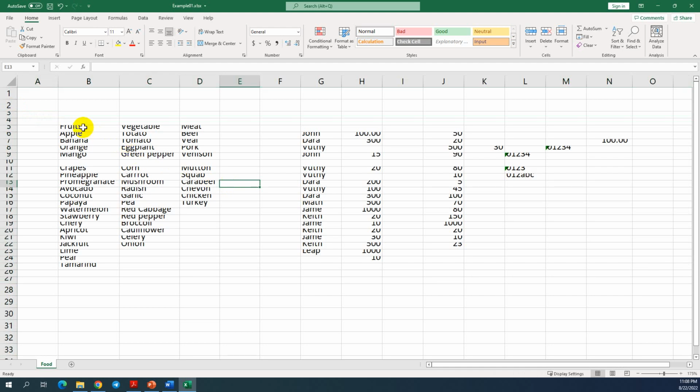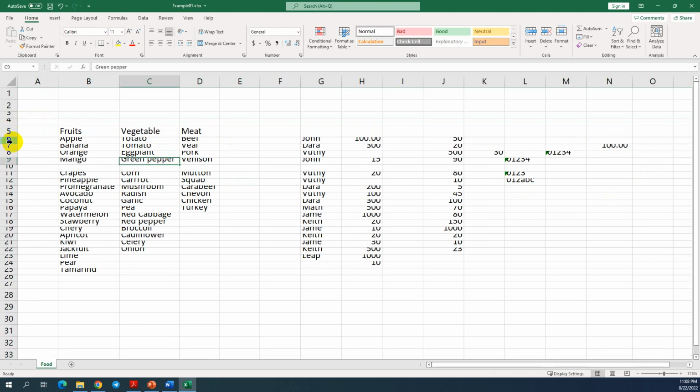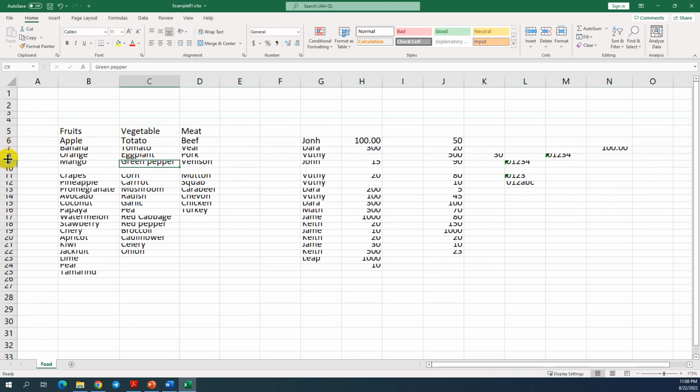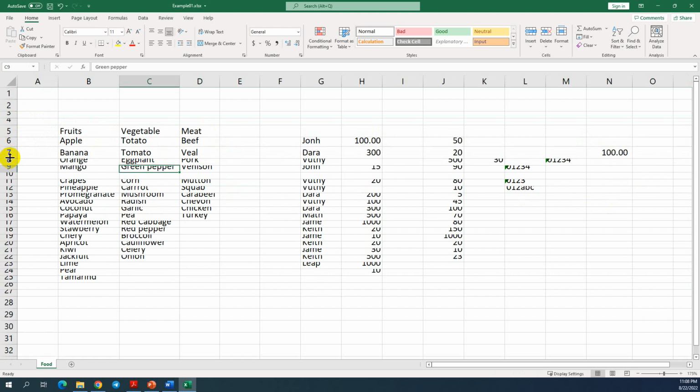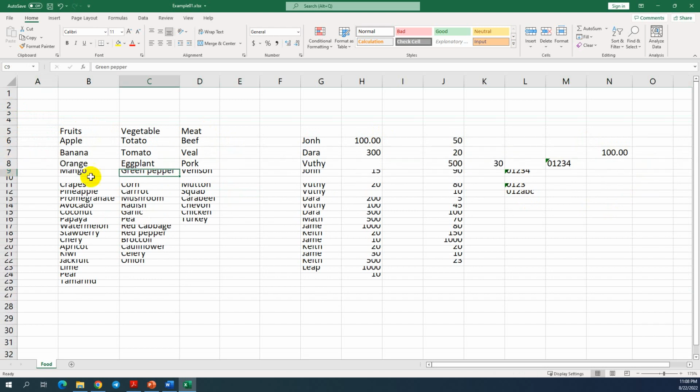For example, all the data is messy like that. So what we are going to do is make the data cleaner. It's not good, and it takes much time for us to do it like that. To make the data more visible, more good looking, we just select